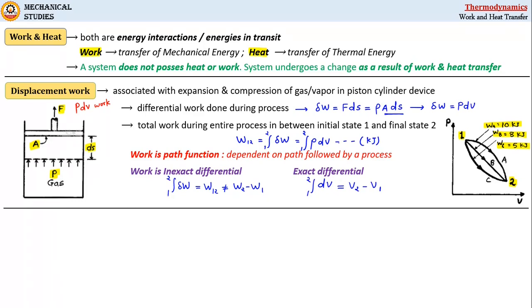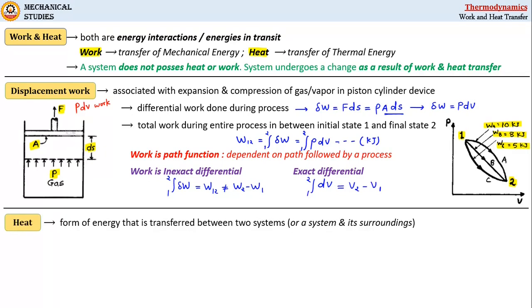Now let's go to another form of energy, that is heat. Heat can be defined as the form of energy that is transferred between two systems or between system and its surrounding by virtue of temperature difference. Okay, that means the very first requirement for the heat to be transferred is what? Temperature difference, delta T. Whenever there is a temperature difference, heat will transfer from high temperature to low temperature